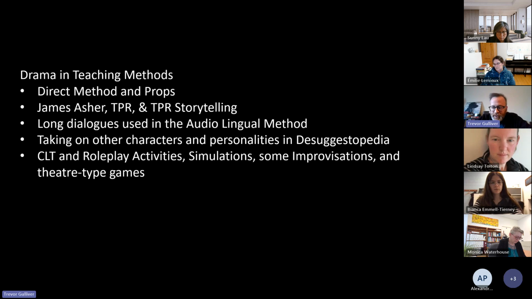I don't know if I would do it in my classes, but the students were encouraged to pick target language names, jobs, and personalities. And so the idea was that if you were no longer yourself, if you were taking on a different character, a different personality, role playing as a speaker of the language you were learning, you would let go of all your inhibitions and insecurities about not being a speaker of the language you're learning and being simply a learner.